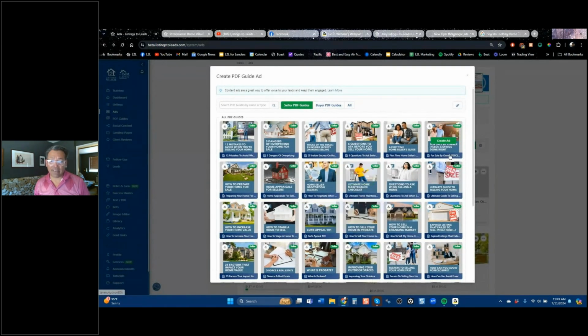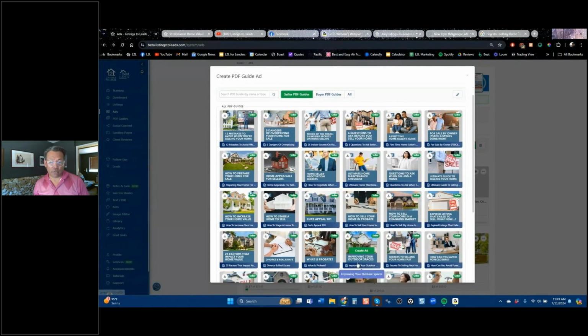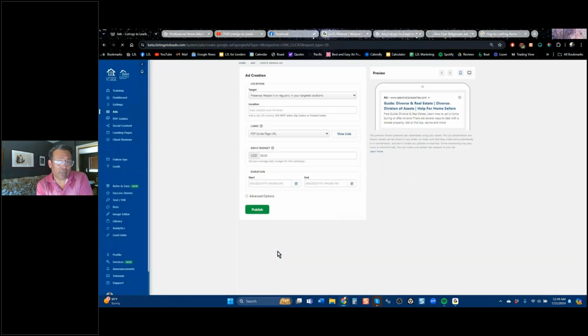If you're capturing listing leads, print them, paperclip your business card to them, put them in an envelope and drop them off. You're not going to be collecting hundreds of seller leads a month unless you're putting a lot of money in. So the ones that you do collect, it's good to drop that off or mail it to them if they're in the neighborhood on a weekly basis, if you want to convert those people. But here I'm going to do divorce real estate and kind of just make a point.